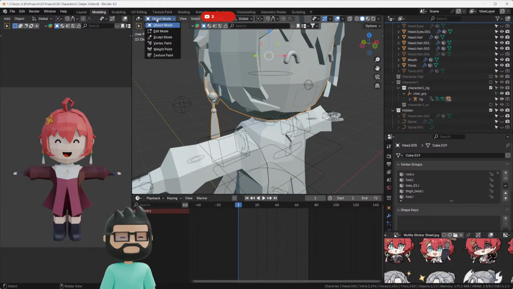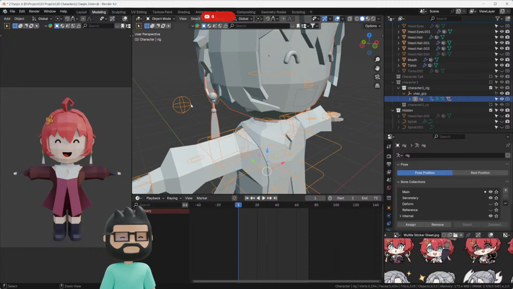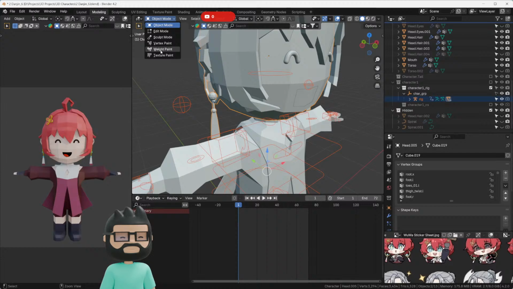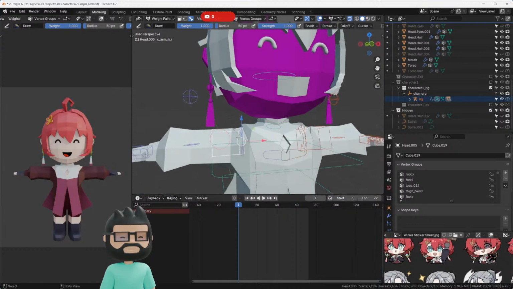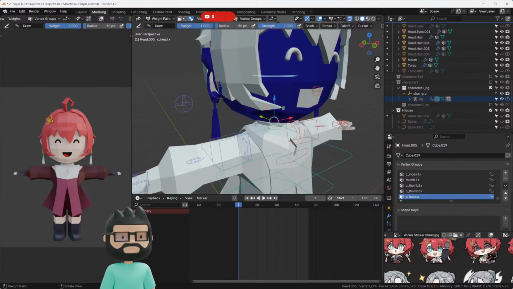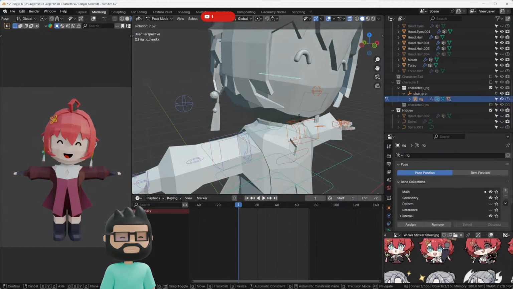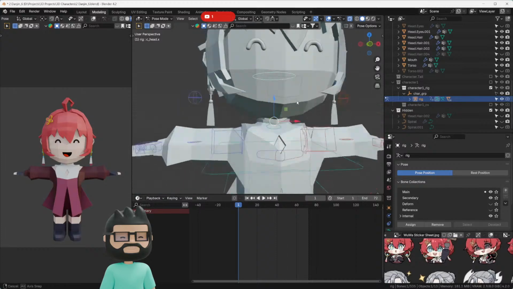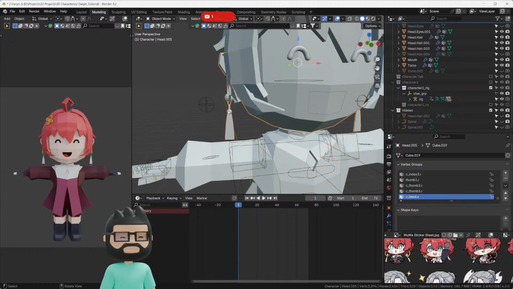So if we go into object mode and select weight paint, or we need to shift select this rig and then go into weight paint, select any of the bone, and now okay, still don't work. Let's just